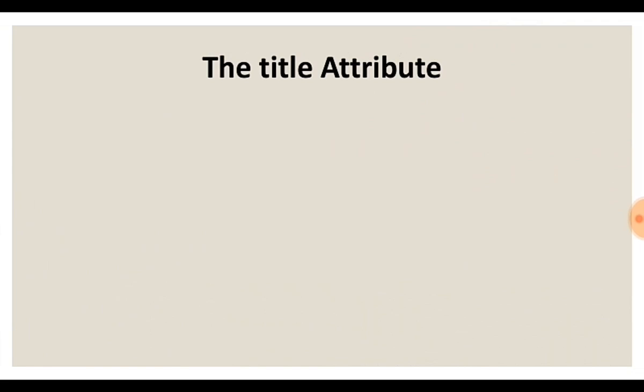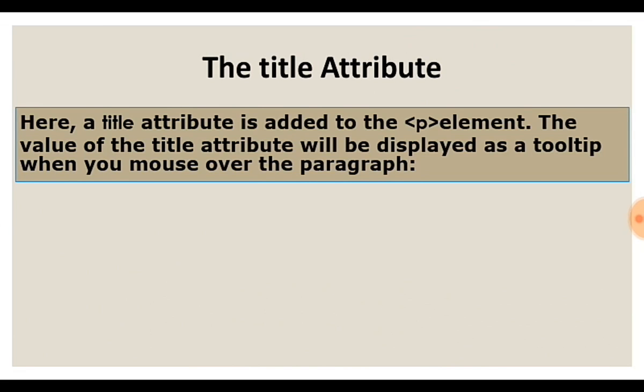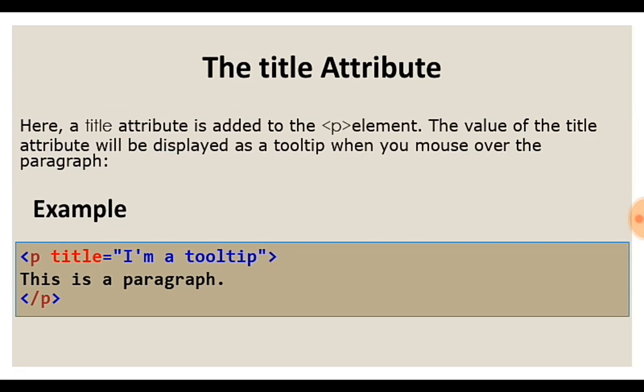The title attribute. Here, a title attribute is added to the p element. The value of the title attribute will be displayed as a tooltip when you mouse over the paragraph. Example: